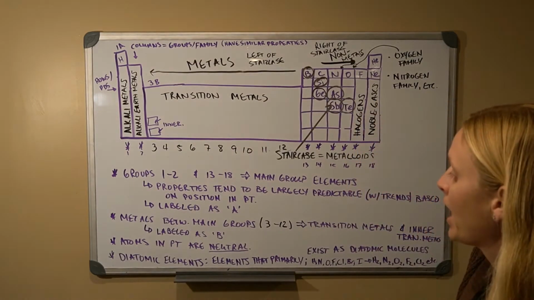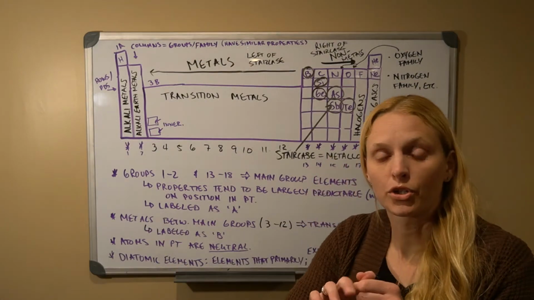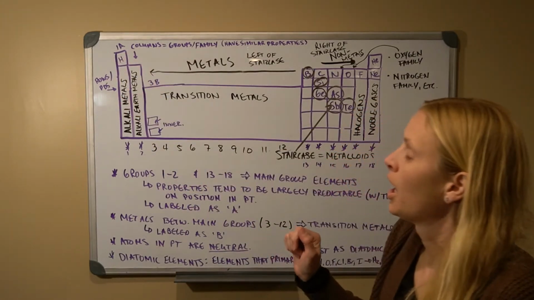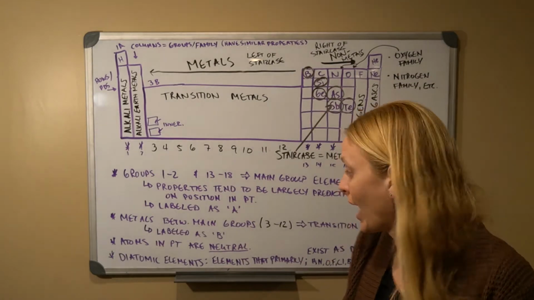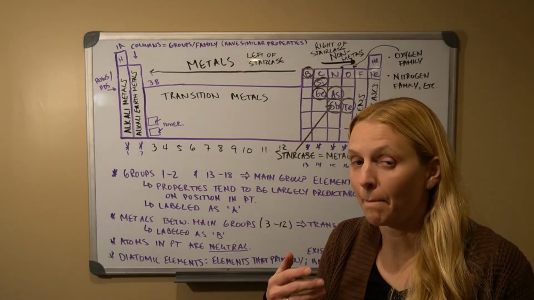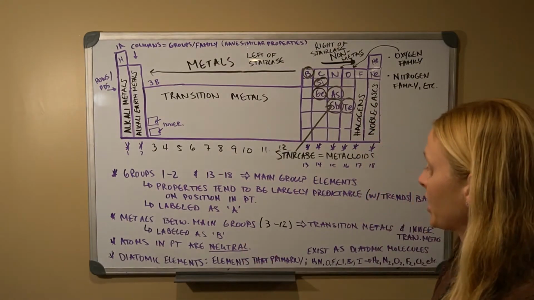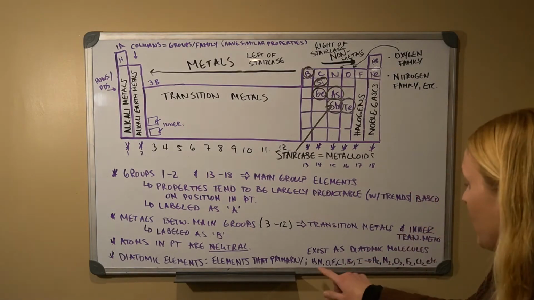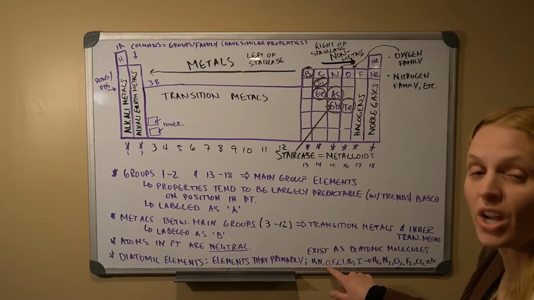Okay, and then some elements are diatomic elements. Okay, so it's not just when we talk in terms of these particular elements like hydrogen, we kind of always refer to it as hydrogen, but when we say hydrogen, we actually mean H2. So it naturally exists as a molecule, as a diatomic together. Okay, so there are 7 of those atoms. That's hydrogen, nitrogen, oxygen,